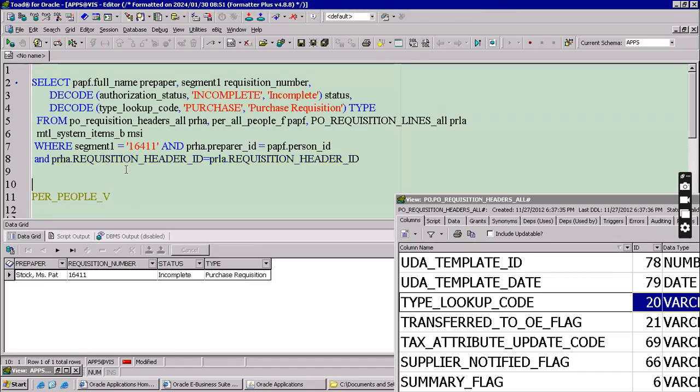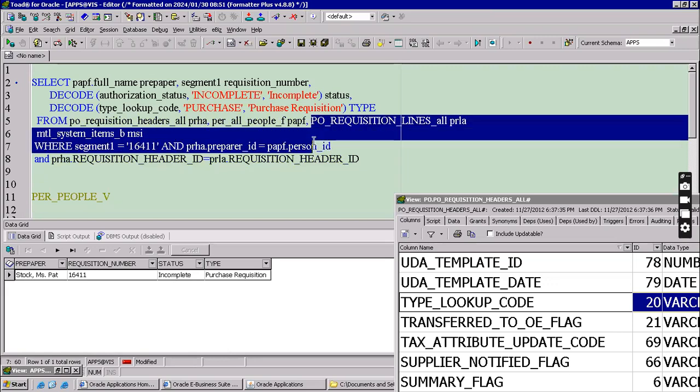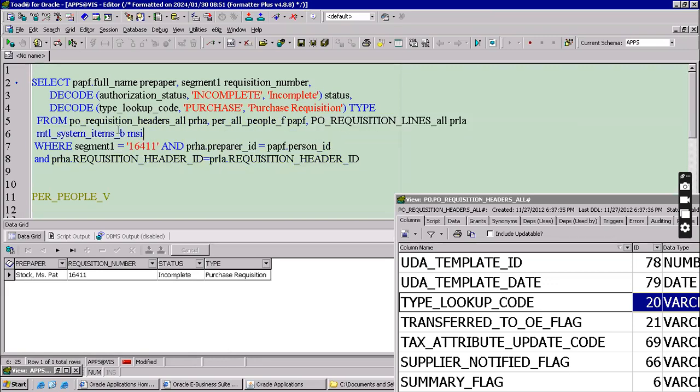Okay. Now, as of now, what I did is I made a join between the requisition header and requisition line. And the pending thing is these two. So actually, you need to observe, you need to focus on the from clause. How many tables are there here? 1, 2, 3, 4.